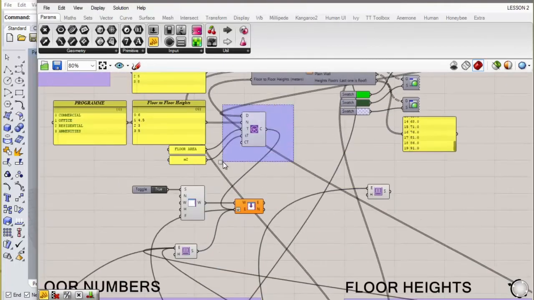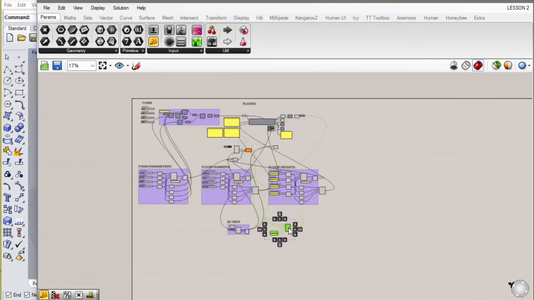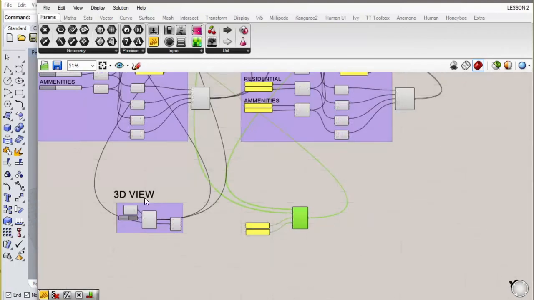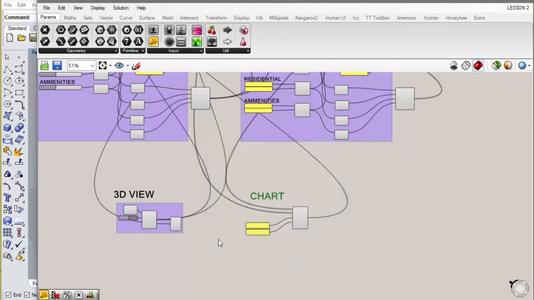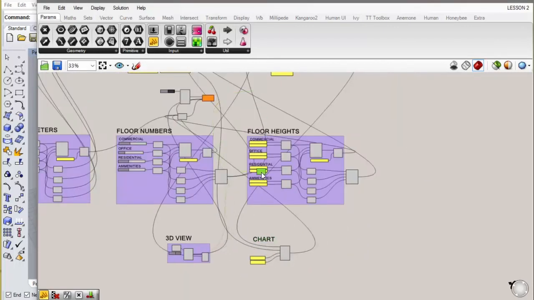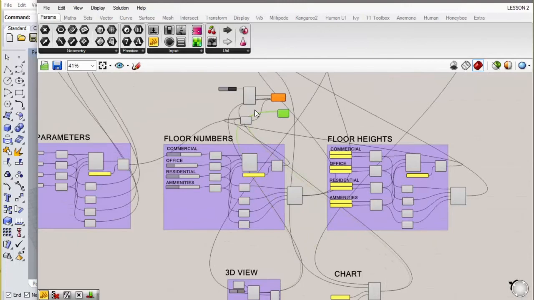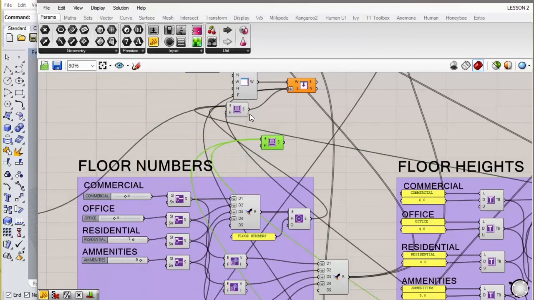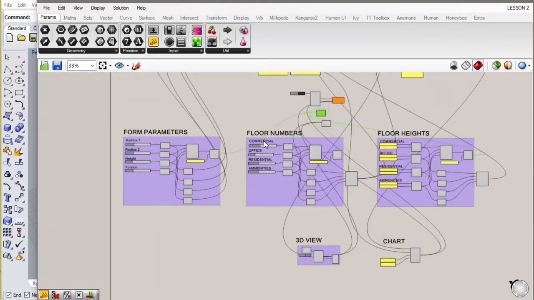And the next one, which is our chart. Let's not group it yet because we're not done. And once again, we have our container component, and whichever you want to go first, 3D view, then the chart, and then have this plugged in. So all of these are our inputs, and actually that's worth labeling, isn't it?